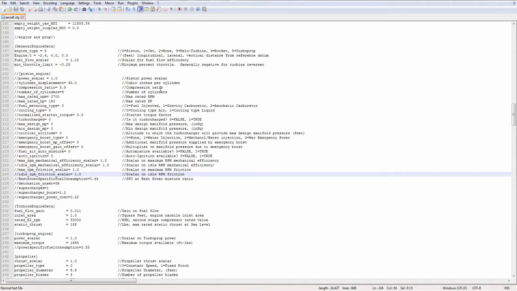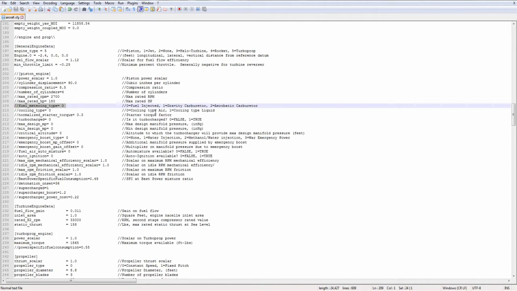The compression ratio, the number of cylinders the engine has, the maximum rated RPM of the engine, the maximum rated horsepower of the engine, and the fuel metering type: 0 can be a fuel-injected engine, 1 is a gravity carburetor, and 2 is an aerobatic carburetor. Now, these things actually do change the way the engine behaves, particularly with the gravity carburetor. If you pull negative G's with a gravity-fed carburetor, you can shut the engine off, and that is doable in